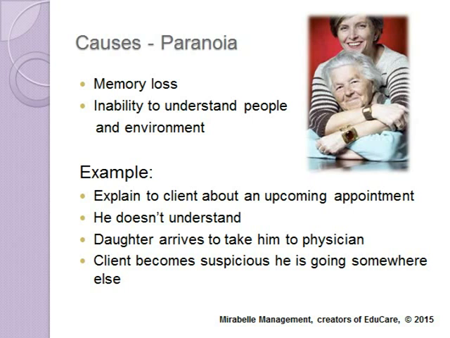Imagine that you're working with a client to get him ready for a doctor's appointment. His daughter will pick him up and take him to the appointment. You explain to the client what you're doing and why, but he doesn't understand you. A few moments later, the client's daughter arrives. The two of you begin talking about the client and the upcoming appointment. The client becomes suspicious that you'll be taking him somewhere other than the doctor's office because he initially never understood. When so much around them is confusing, it's no surprise people with dementia are suspicious and paranoid. They just simply cannot make sense of it.